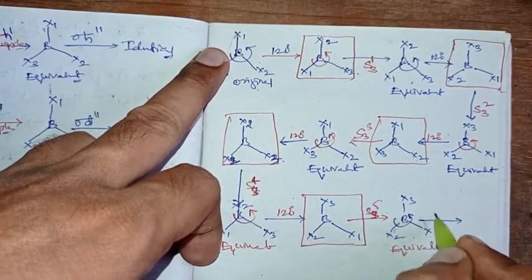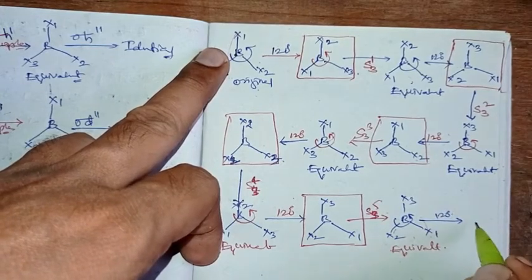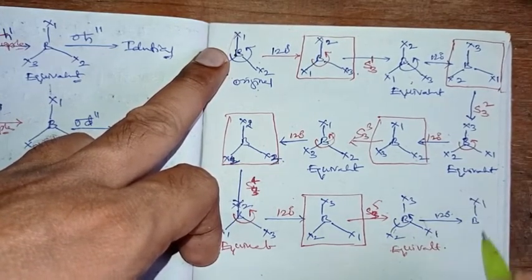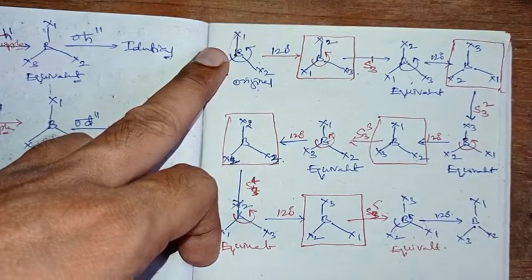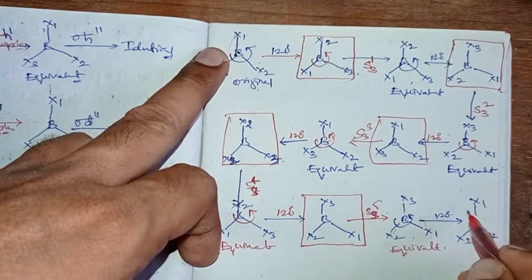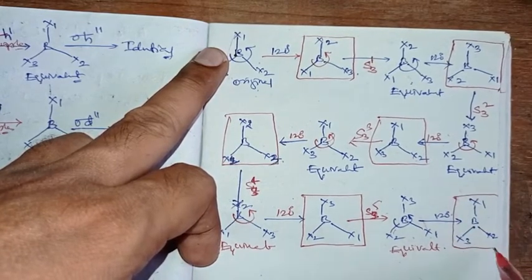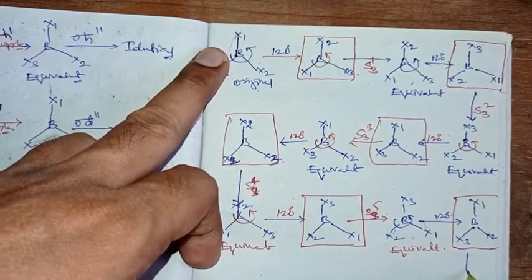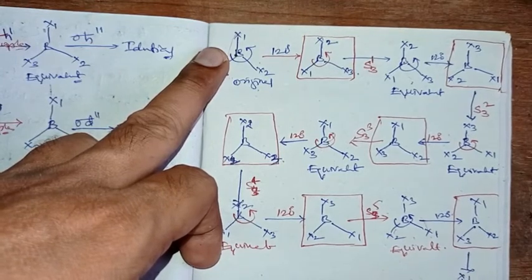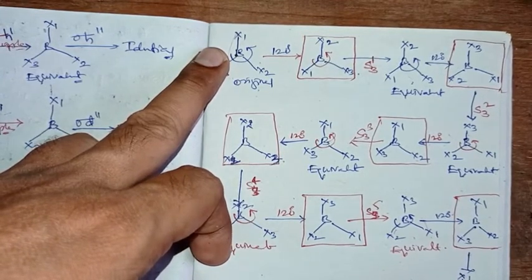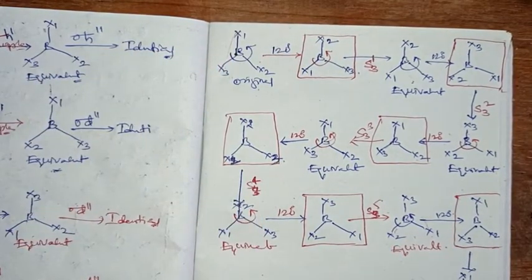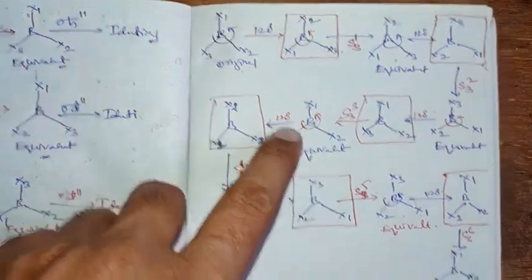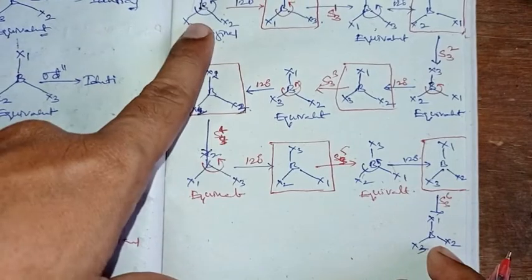So again we have to repeat, right? A 120 degree rotation, where X1 is above, X3 is left, X2 is right, and here applying a plane, what happens? X1 is above only, X2 is left only, X2 is in right only, right? So now when we do this, this is also S3 sixth time. Now this is the configuration when we compare with the original, right?